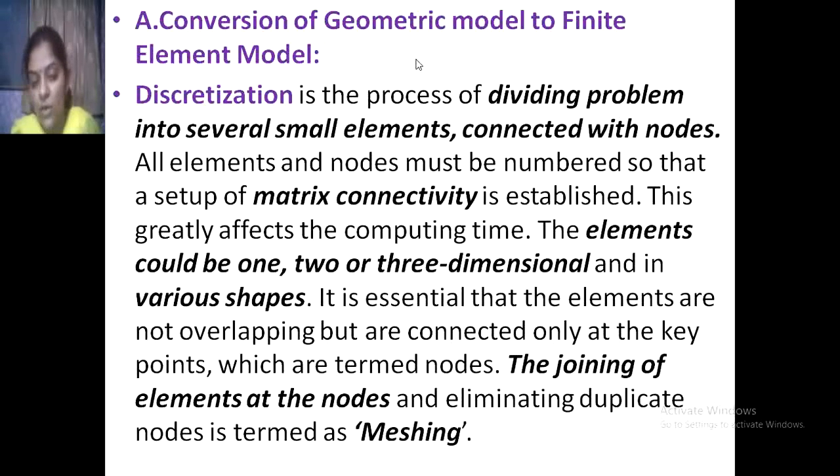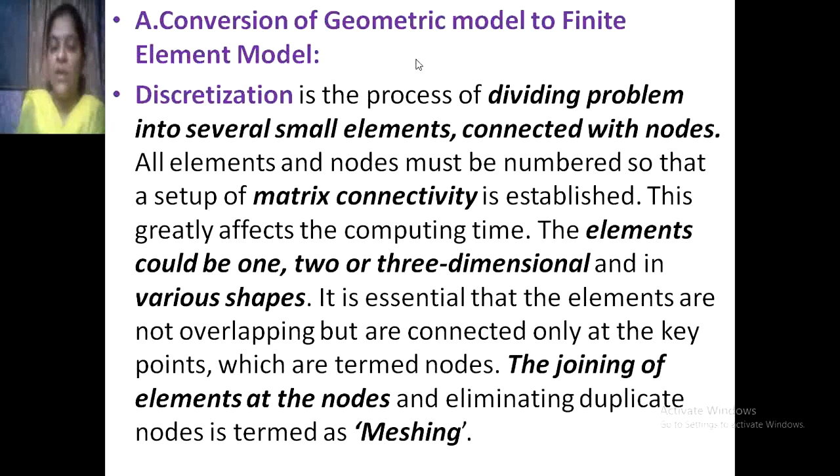So the joining of elements at the node and eliminating duplicate nodes is termed as meshing. Okay, so the conversion of geometric model to finite element model,